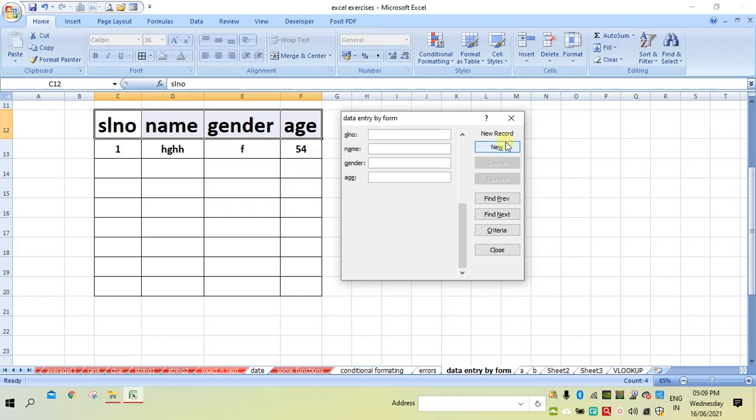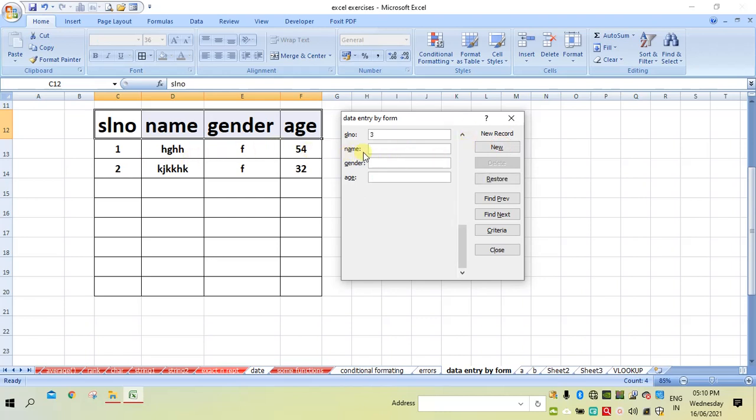Now let me enter the next record, the second record. So name, gender, F, then age. Again, to give the next record, press New. So that record will be placed here.